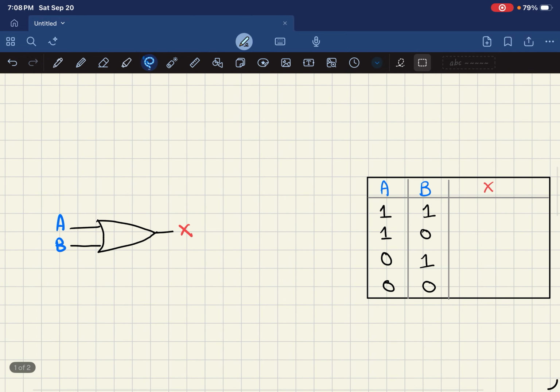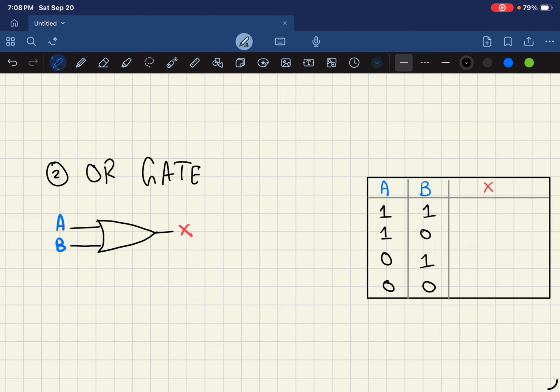The second type of gate that we have is called the OR gate, right? Now the OR gate follows the logic that even if one of the inputs is 1, then it's going to give out a 1, otherwise it gives out a 0. Let me write down the logic. It gives 1 when